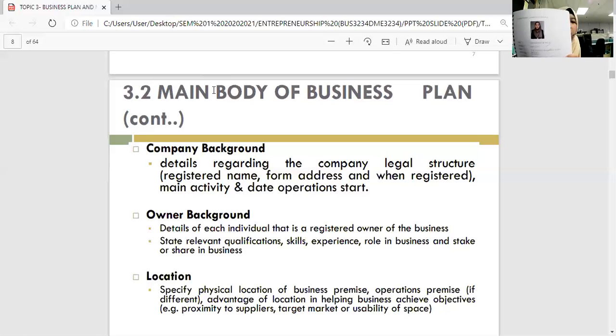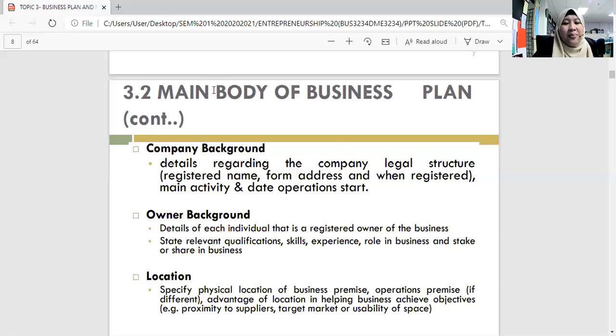So when you show a picture like this, the company will know your commitment. You are serious with the business, right? I'm not saying that you cannot have that kind of picture if you want to use it for your marketing strategy, that is fine. But for the formal purpose, we want you to use the real picture that shows your commitment and seriousness.